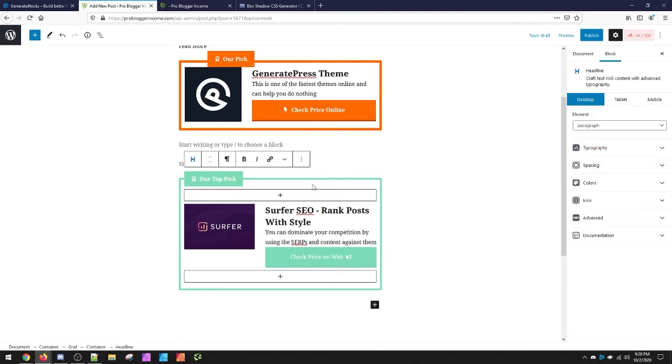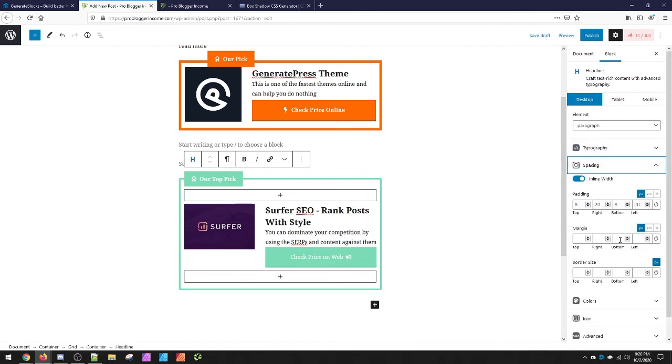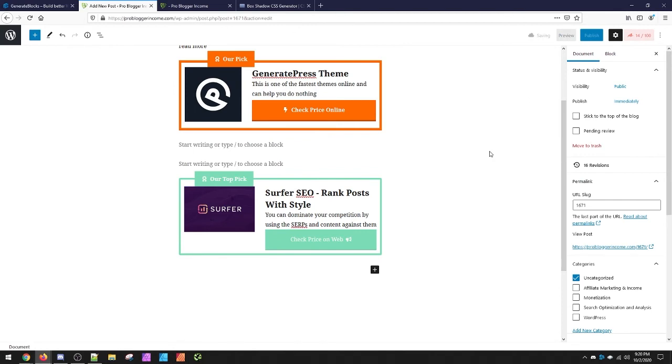So what you do if you want to change this location is just go to spacing, and the same place where you put in the padding, you can actually just add to the margin. So we would want to go to the left, and then you just go up however much you want to indent it, right? So you can do like 30, and that way it's pushed in just a little bit. Now we can save,